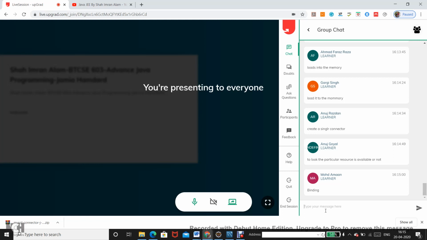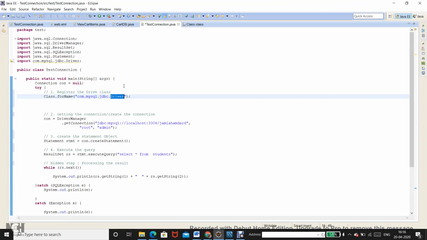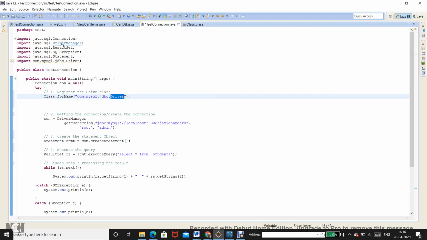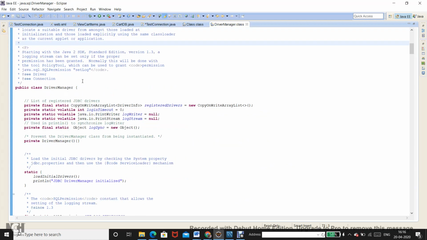Just like the RMI registry was the application acting as a registry for RMI, the registry which is maintained in the case of a database is managed by something called the driver manager class. So you have got a driver class and then you have got a driver manager class. As you can see in your code, this driver manager class is a complete class, and the implementation is already provided by the Java people. So it's there.